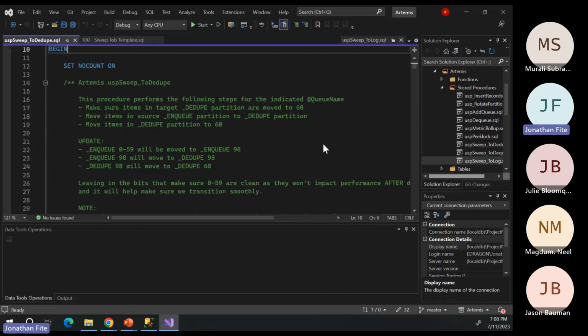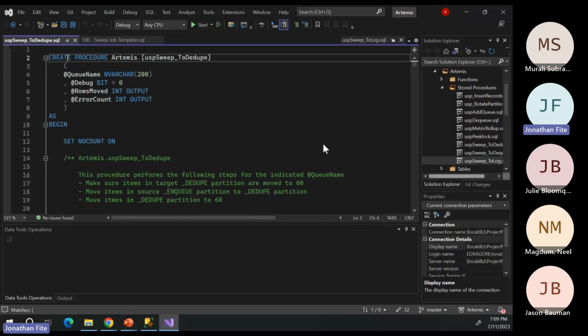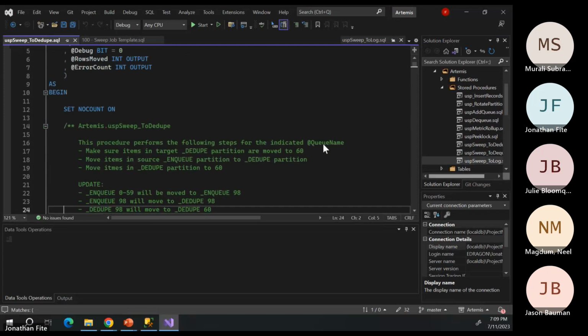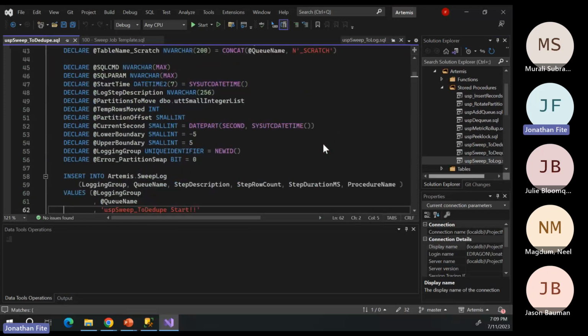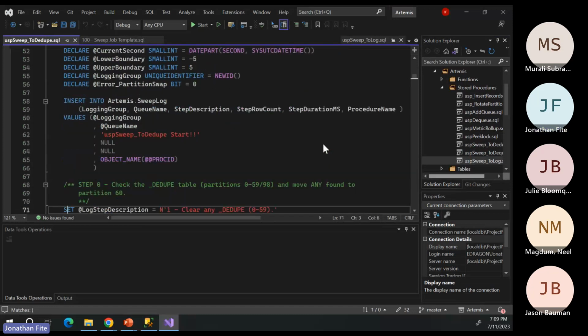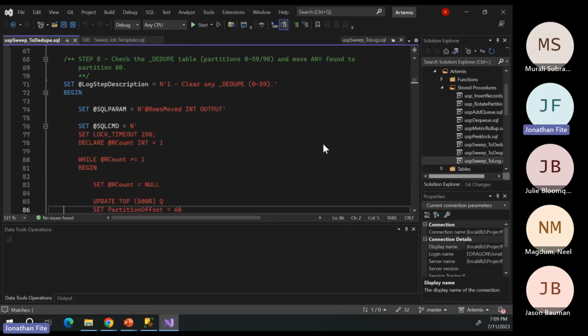So this is the procedure that moves from the on queue to the dedupe table. We're going to go through here. This is where we're setting up some variables, parameters, etc. We do a lot of logging. Because this works dynamically, these procedures use